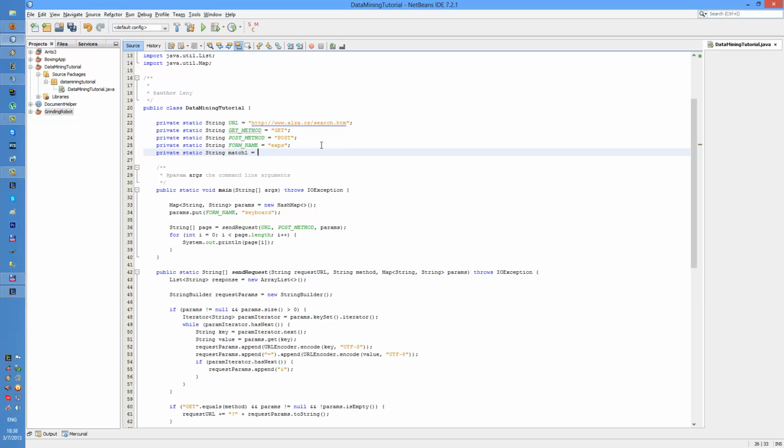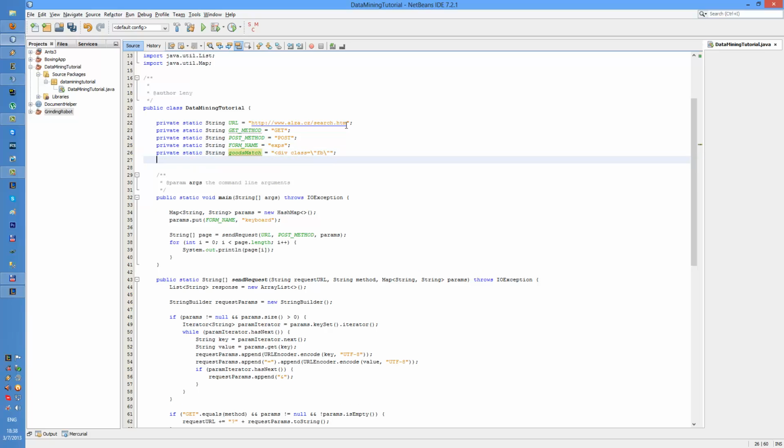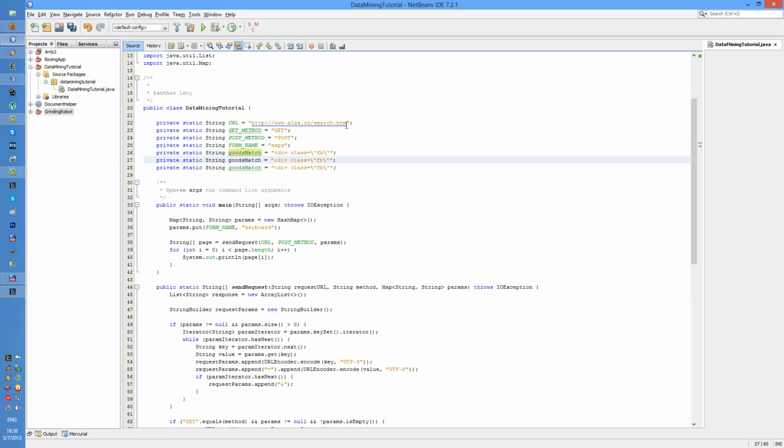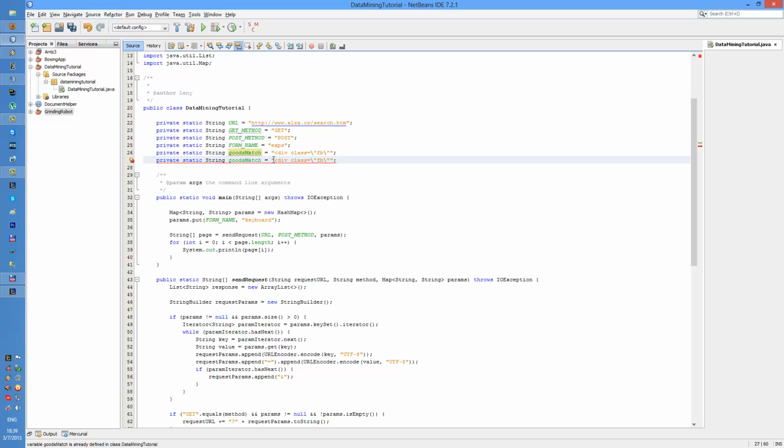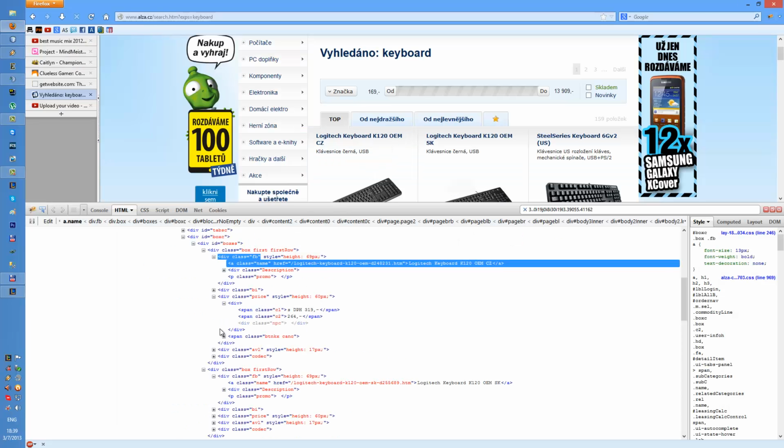Let's call it match 1, and it's gonna be this thing. We need to escape those characters. Let's actually give it a different name. Goods match, and then the same thing for price match. By the way, to copy the line, Control Shift down or Control Shift up, it doesn't matter. That's a neat thing to do. And let's call this one price match, which is gonna be